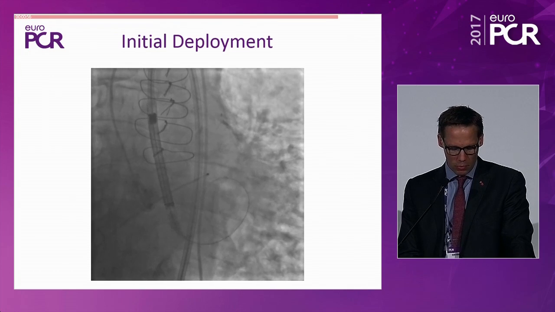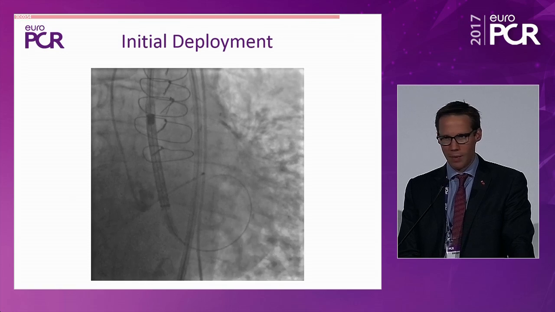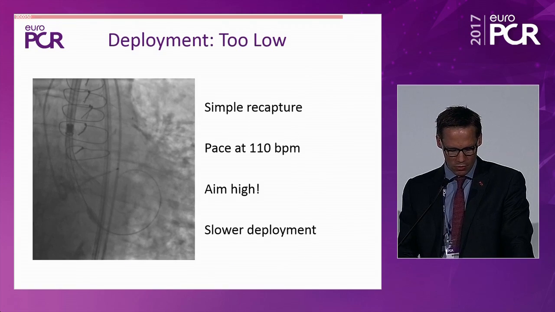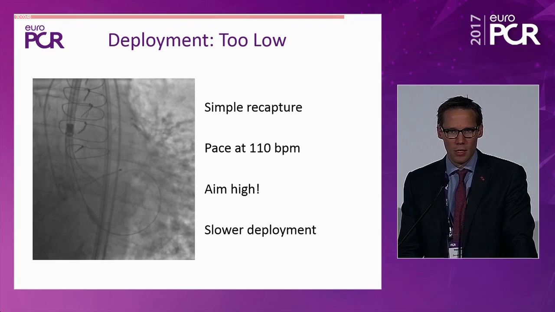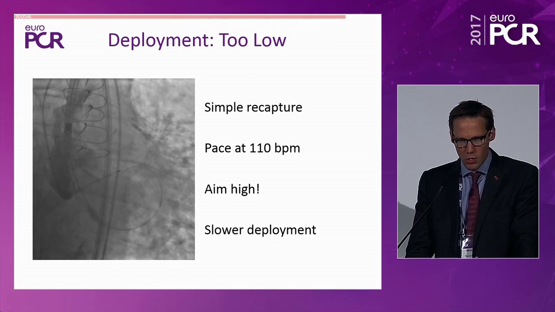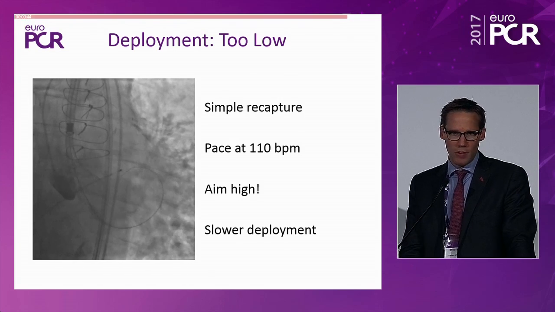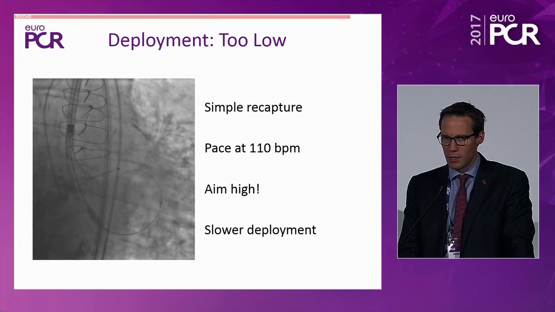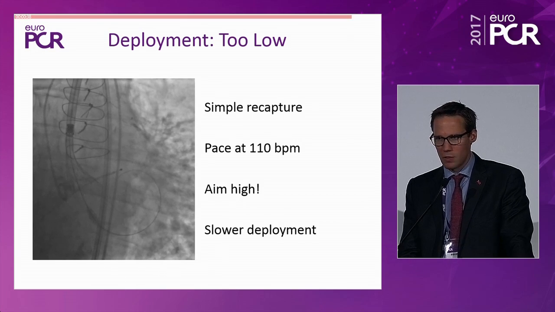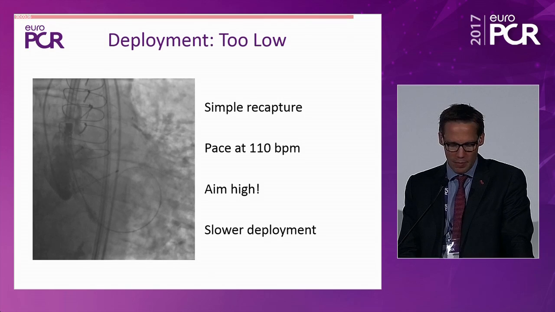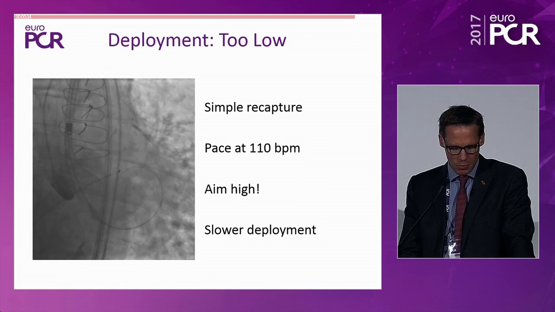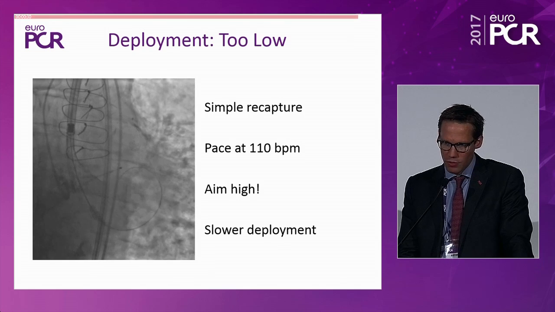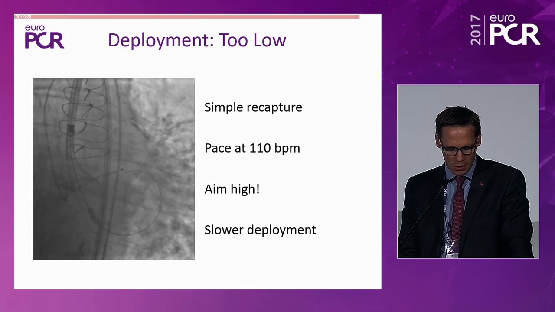The initial deployment, again, very slowly, using double S-curve for that implant view, results unfortunately in a suboptimal position. The valve was a little bit lower, so we simply recaptured the valve in exactly the same way as you do for your 26 and 29. We paced at 110 beats a minute, which I suppose reduced the little bit of movement of the valve during deployment that was due to concomitant aortic